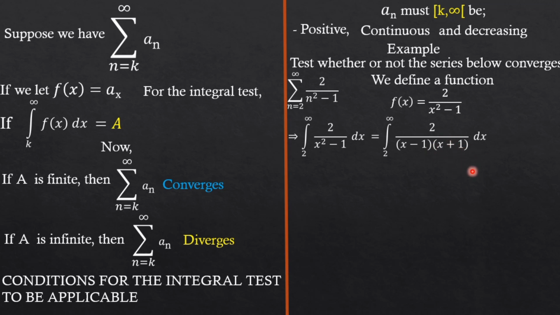Great. The best way for us to proceed at this point now is to express the bottom in partial fractions. By so doing, guys, we are therefore going to have the integral from 2 to infinity of 1 over x minus 1 minus 1 over x plus 1. Great. So guys, at this point in time, if we integrate term-wise, and keep in mind that the denominators are all linear factors with the derivatives both equal to 1, we are therefore going to have the natural log of x minus 1 minus the natural log of x